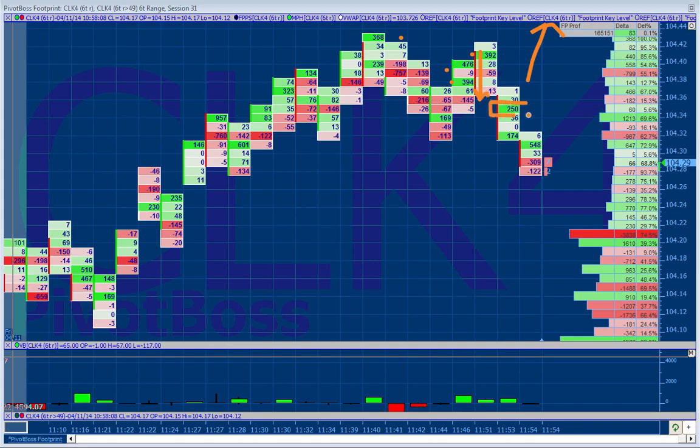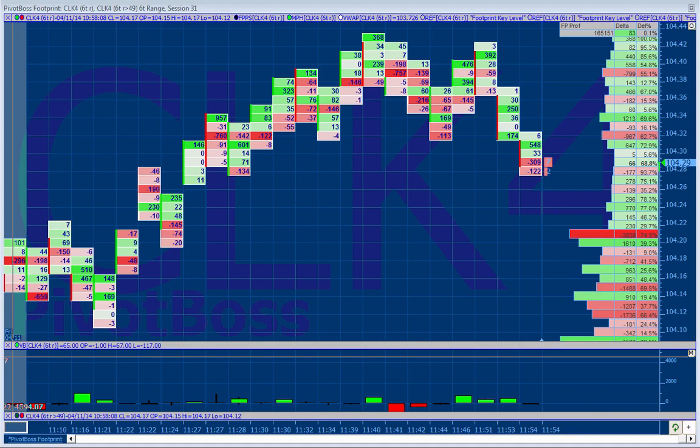Look at the big buyer that comes in here, and price rolls downward. Look at the buyer that comes in here, and price rolls downward. Another big buyer. When you see buyers entering the market with big orders and price continues to go offered, that tells you that the limit orders coming in behind are filling in, and there are passive sellers filling in behind price, and they are taking up all of that demand, and they're pushing it lower.